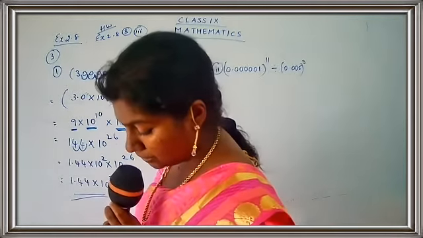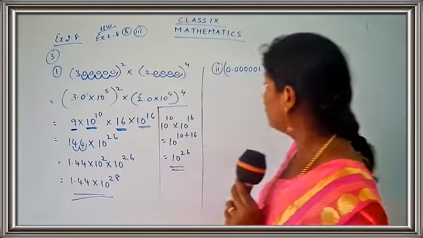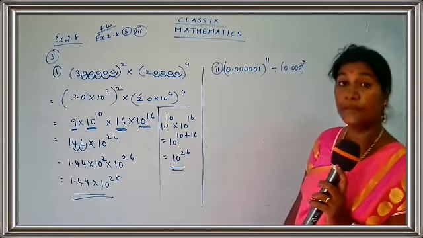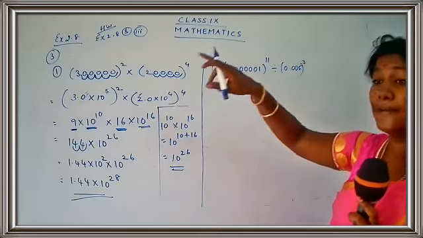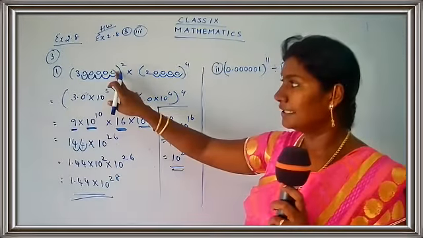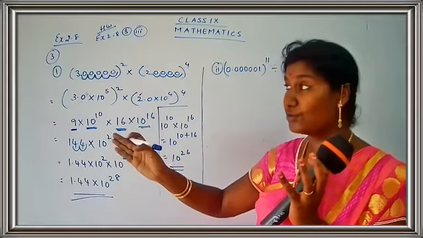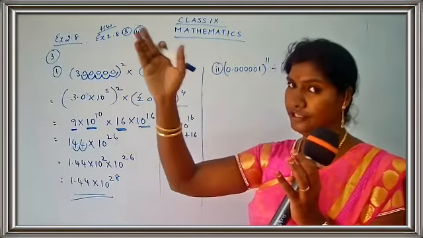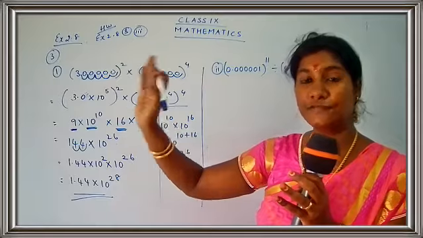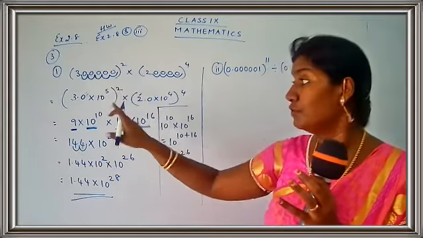So it's 0.0000001. 1, 2, 3, 4, 5, 1, yes. And 0.005, the whole raised to. So now in the previous sum, the shifting was towards the left. I just don't want to make you more confused over here. The shifting was to the left side. Where was the shifting? The shifting was to the left side. So we use the positive power.